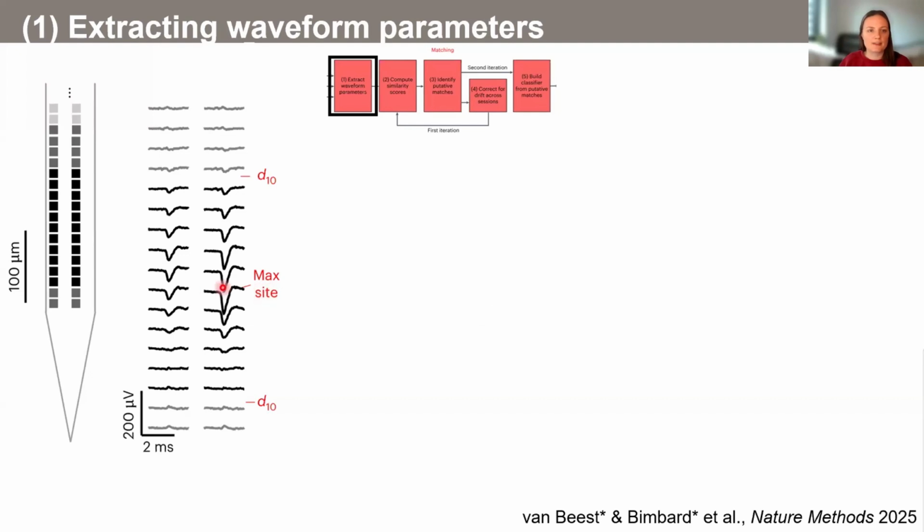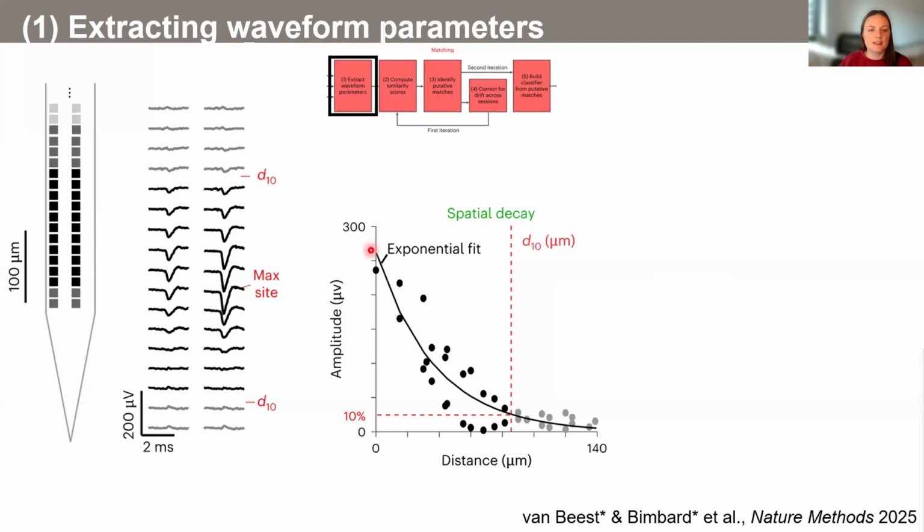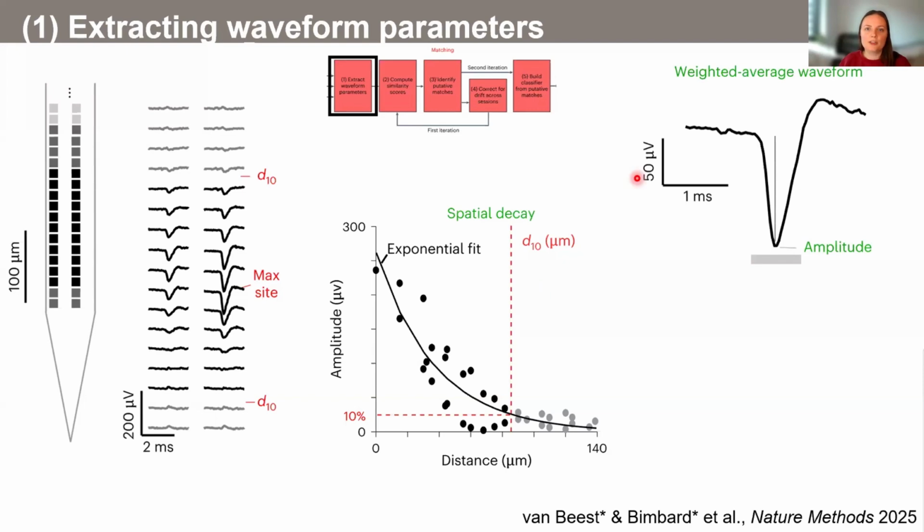So first, we're looking at the maximum site where we had the maximum amplitude for each neuron, and then plot the amplitude as a function of distance to this maximum recording site. And we can extract a spatial decay parameter from this information. We can also look at the weighted average temporal waveform. So we can extract just the average waveform, what it looks like, and the amplitude also weighted across the channels up to a